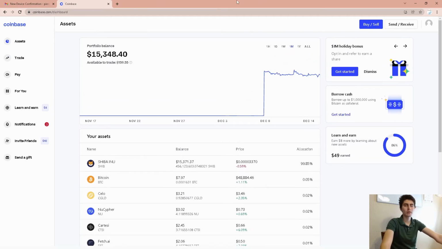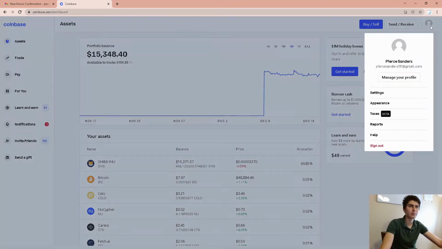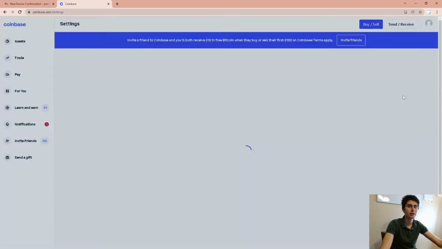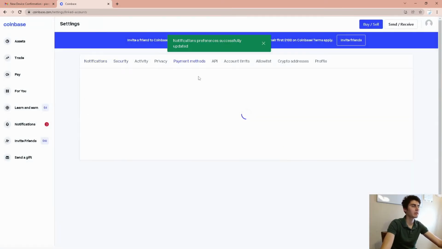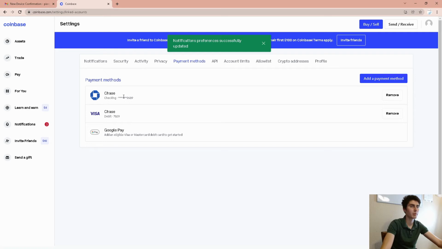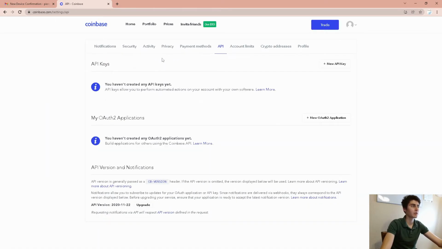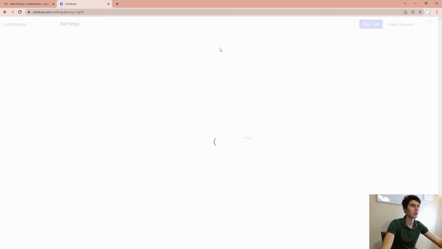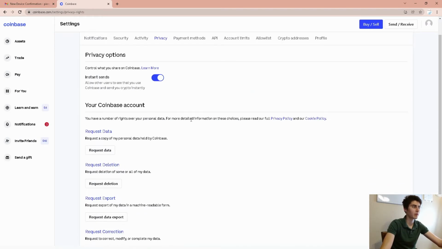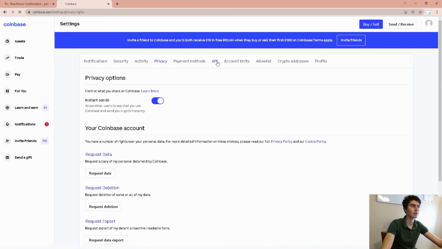Okay, so once you get into your Coinbase account, you've already set it up, you've done your email, they let you in finally. The first thing I'd recommend doing is going up and setting your bank account stuff. Like payment methods, I have mine set up to my bank, but it can also be a Visa debit card. They now also do Google Pay, so that's pretty cool. There's other things you can go through like privacy. Definitely would set all that stuff up, like for example,